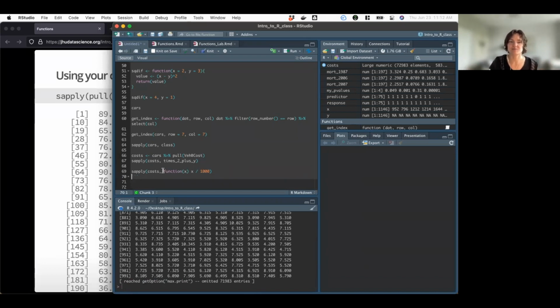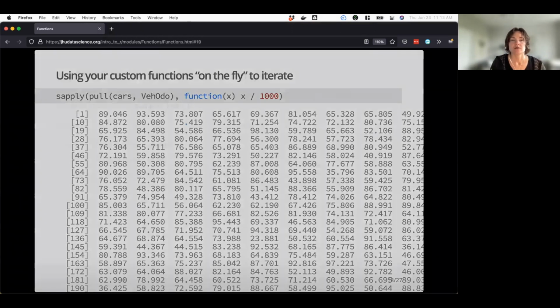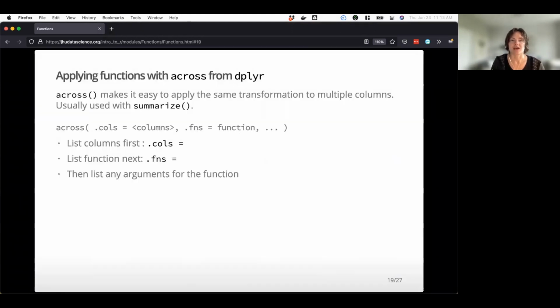So this can be kind of nice if you're like, oh, well, I don't know what I want to do until kind of the last second. So this is really useful for modifying columns and things like that in your data sets. And I'll show you a little bit more about how that works. Okay, so